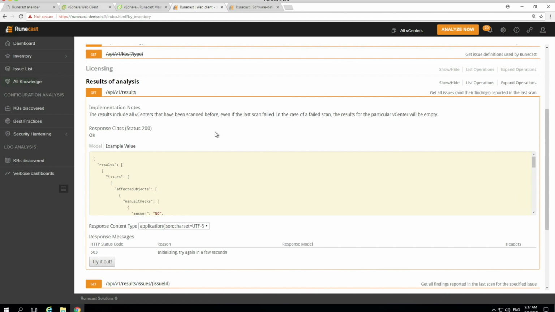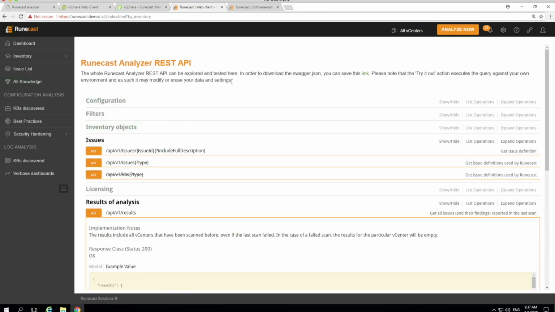A lot of customers think that's going to be useful, and you could integrate it with a ticketing system, for example. So you've got new issues coming in, you want to put them into your ticketing system. When it's been done, push it back, it's been remediated. And you'll see that reflected across in the Runecast Analyzer, in your ticketing system, and also in the vSphere client. So we've got that consistent way in which the environment's being cleansed in a continuous way.